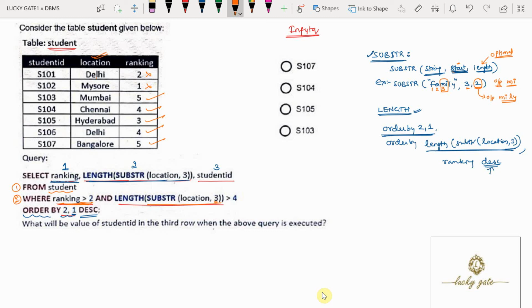All characters from the third position means here in this Mumbai, starting from the third letter, that is M, to the end of the characters: MBAI, here ENNAI, here DERABAD, here LHI, here NGALORE. These are the characters it is going to extract. Okay, and this is the output of SUBSTR of location comma 3, and LENGTH is going to return the number